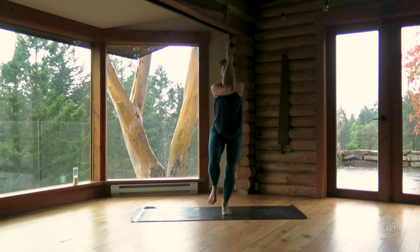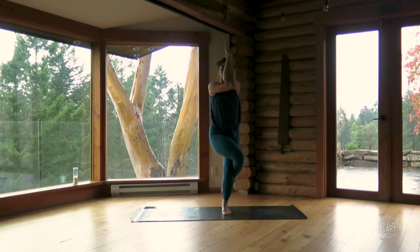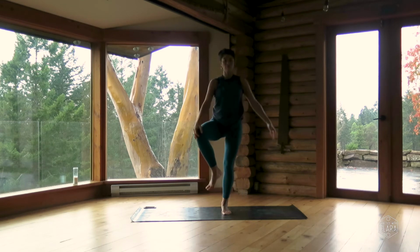Cross right leg over left one, toes float, they touch, they hook, you do what works. Lift the elbows up to shoulder height, move the hands away from the face, and then if you can, bend a little bit deeper into your standing leg. Unravel, tree pose. Take your right knee out towards the right, hold on to it with your right hand and